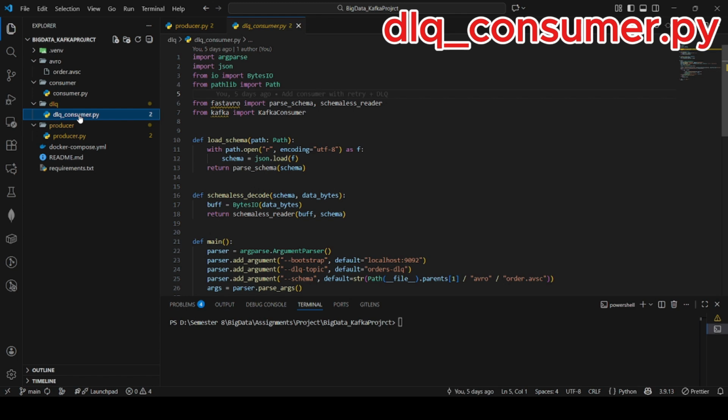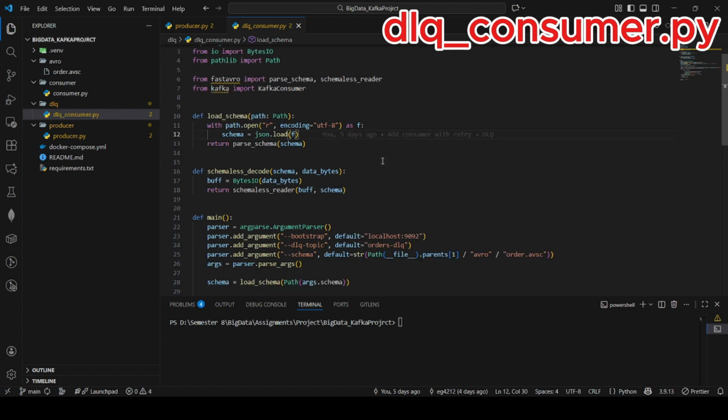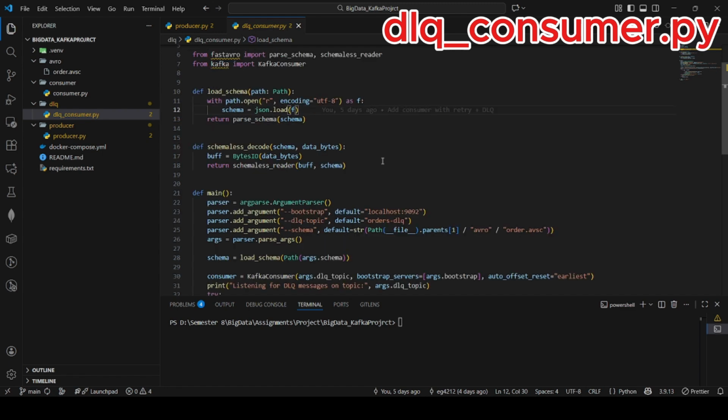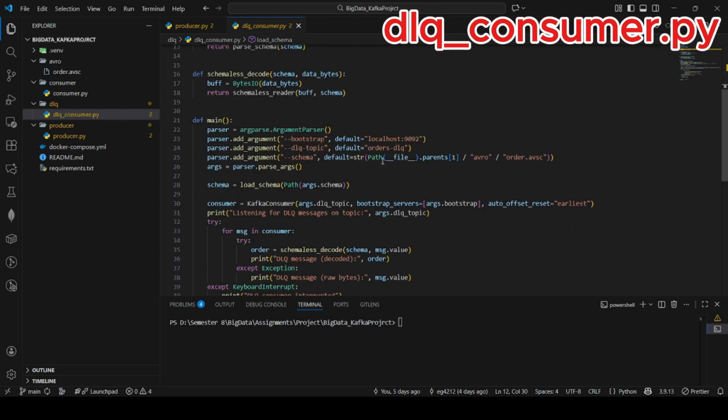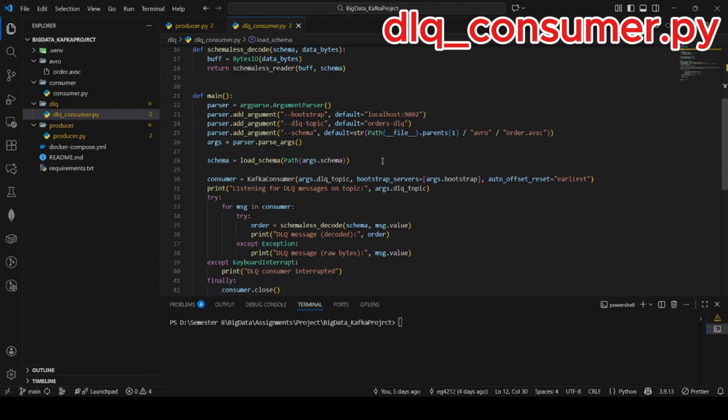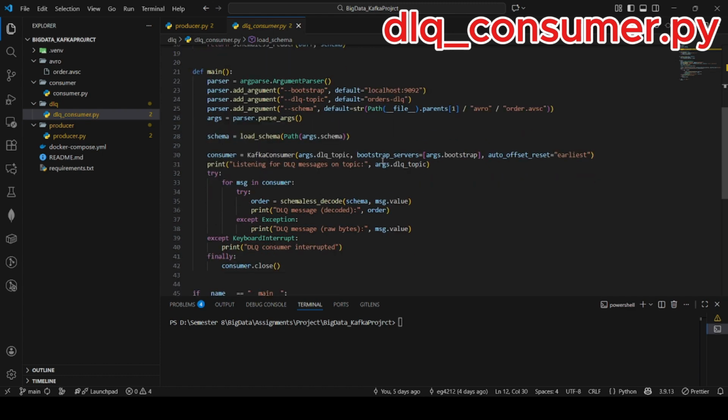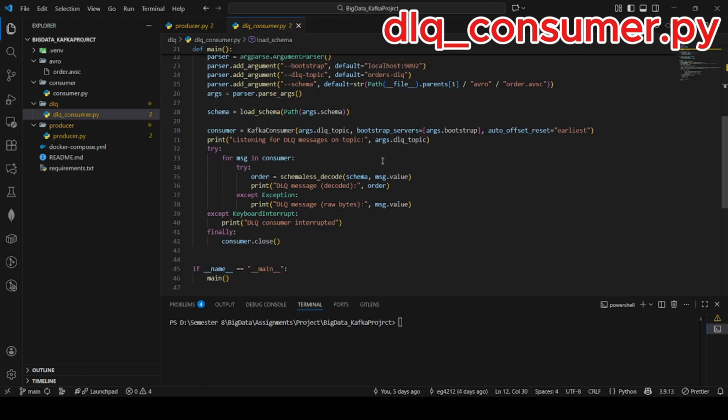The DLQ Consumer is a monitoring and inspection tool for failed messages. It connects to the orders-DLQ topic and consumes messages that the main consumer couldn't process after all retries. For each message, it attempts to decode it using the same Avro schema. If decoding succeeds, it prints the decoded order as a dictionary so we can see the order ID, product, and price